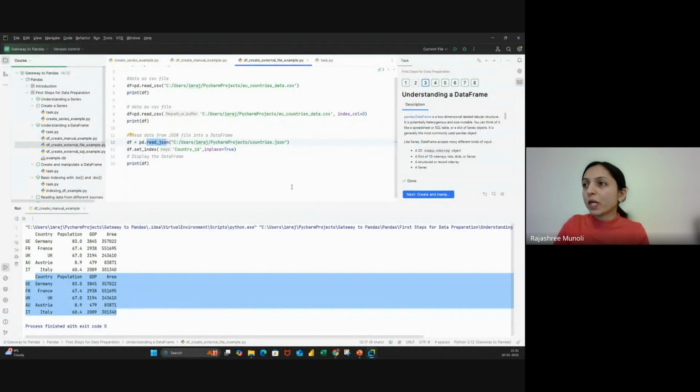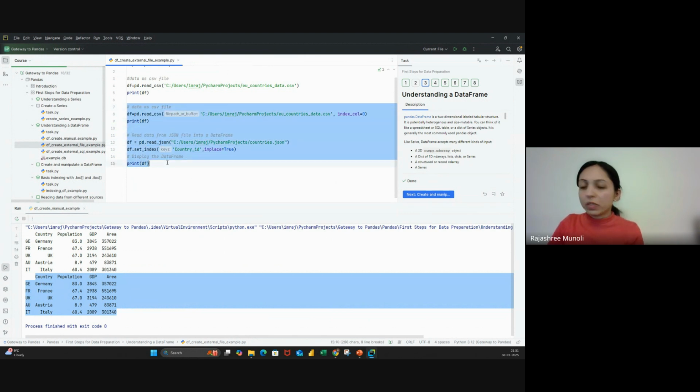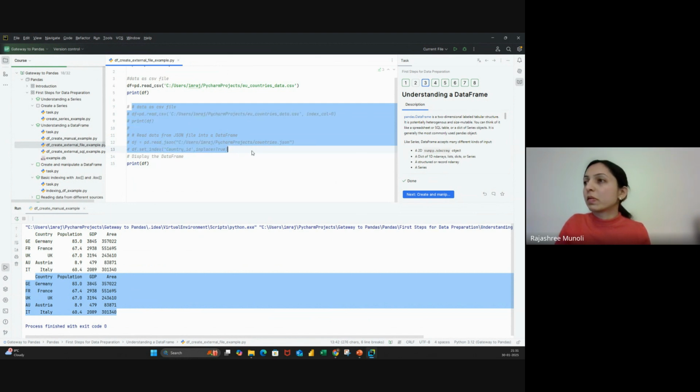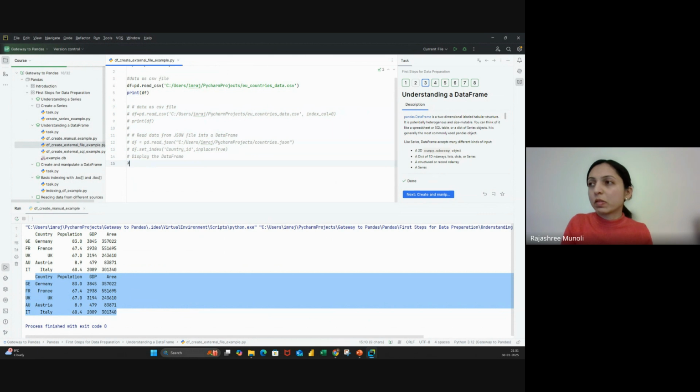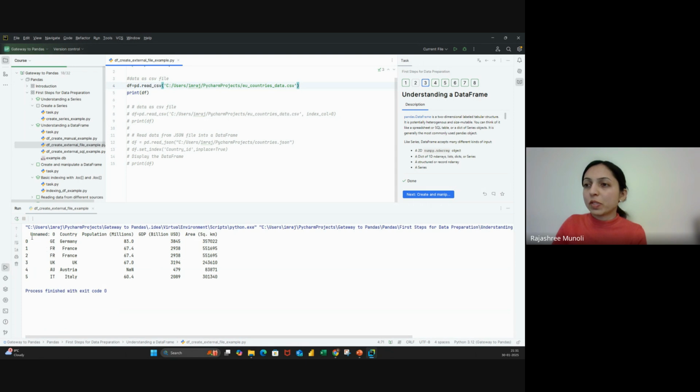All right, so let's go back to the course here. I'm going to close all the other files. Okay, so right now we're just trying to read the data of European countries again, which is in the form of a CSV file. So let me run that, and you can see that it has printed the data frame here or created a data frame here,